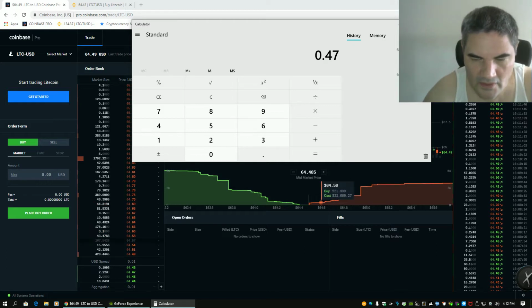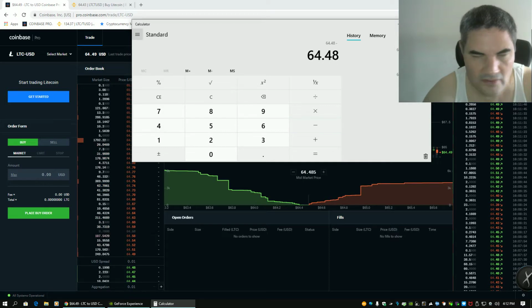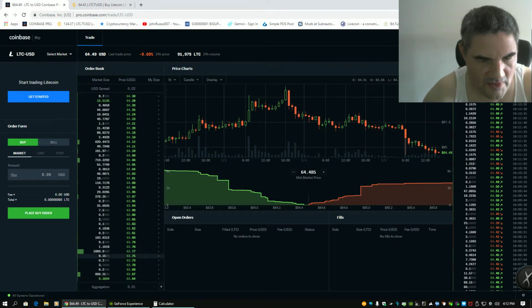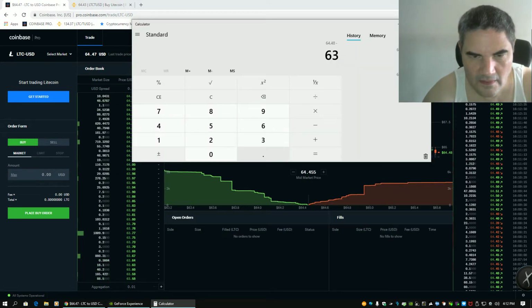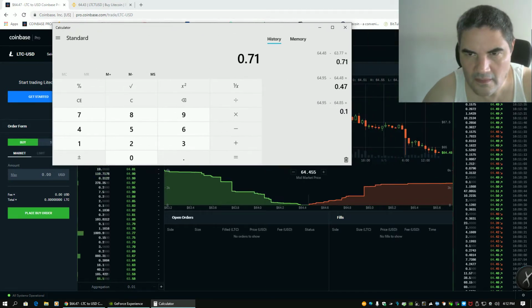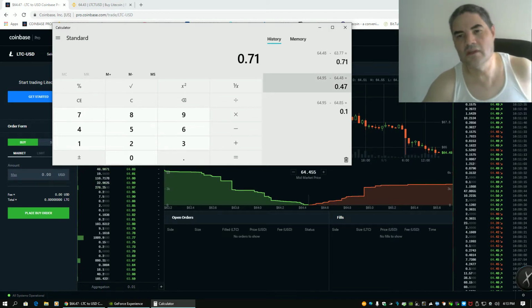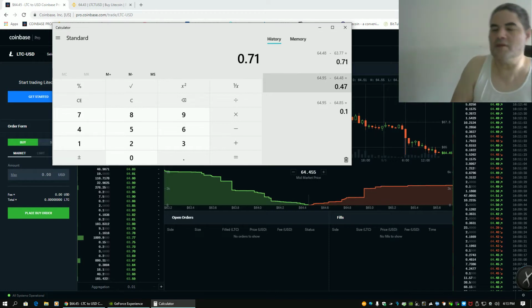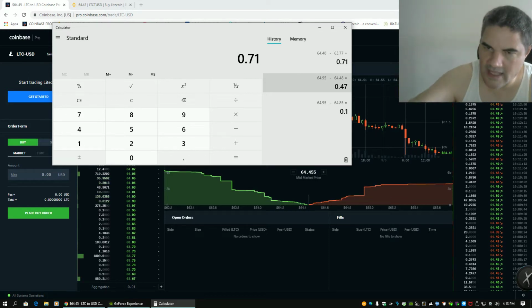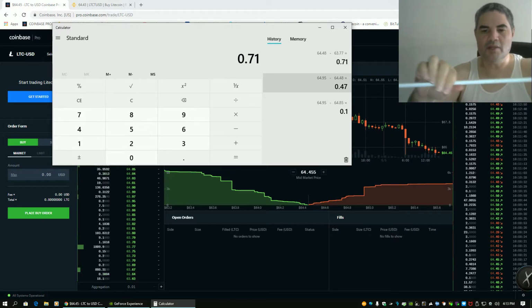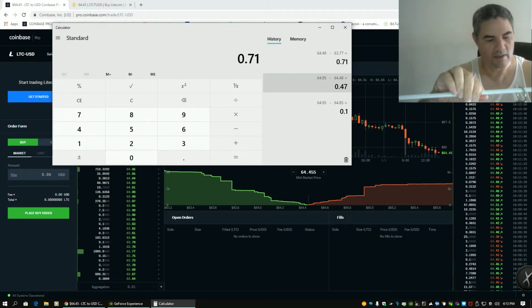Now, the next one, you want to see how close it is to the fulcrum. 64.48 minus, and we can just get the figure, 63.77. That's $0.71. So you could see his top wall is closer to the mid-market price. He wants it to go down. You see, when the top wall is closer, this is the mid-market price. You move the top wall closer, and you move